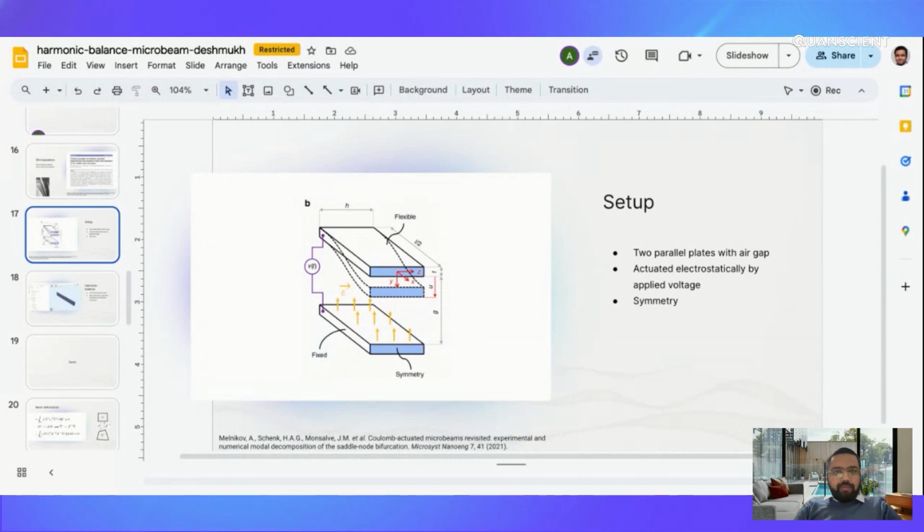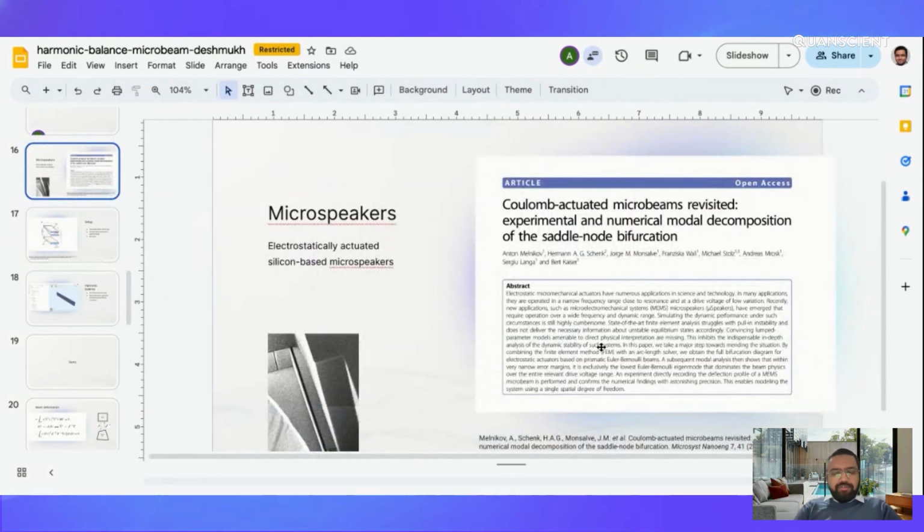So the use case that I have chosen here is from this open access paper from 2021. It's based on the microspeaker, so newly emerging applications of electrostatically actuated MEMS devices. Microspeakers are one of them, which are silicon based and electrostatically actuated. The reason for going for this technology is to have a wider frequency range and also dynamic response of these